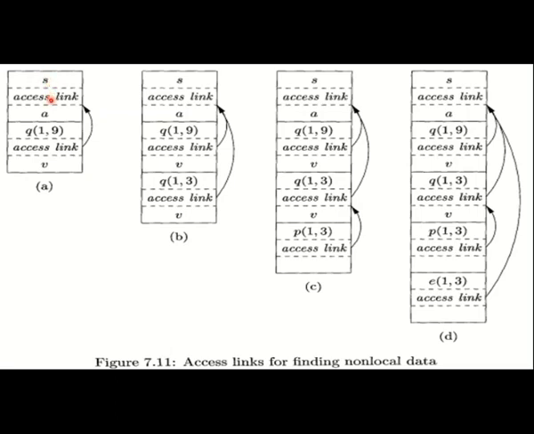In this sort function, whatever is needed to complete the execution or the task of the function depends on its sub function. That means this sort function invokes another function Q. The data here is whatever is written by the quick sort function. Quick sort of 1 comma 9 returns some value, and that value is accessed by the sort function. This type of accessing data, or accessing the scope of a variable or procedure, is known as the access link.